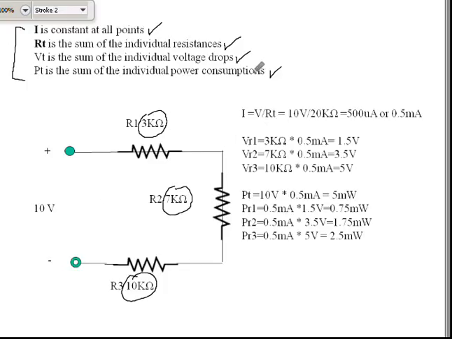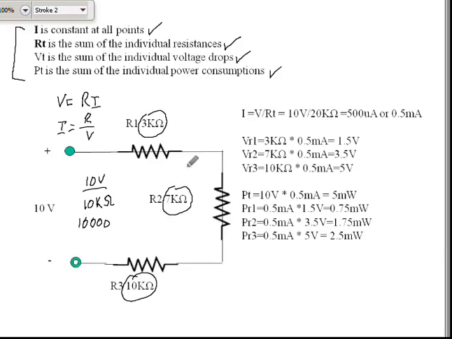Therefore, using Ohm's law, where voltage equals resistance times current, or current equals voltage over resistance, we can then determine that 10 volts over 10 k ohms, and for those of you still having trouble with the metric equivalence, that's equal to 10 volts over 10,000 ohms,